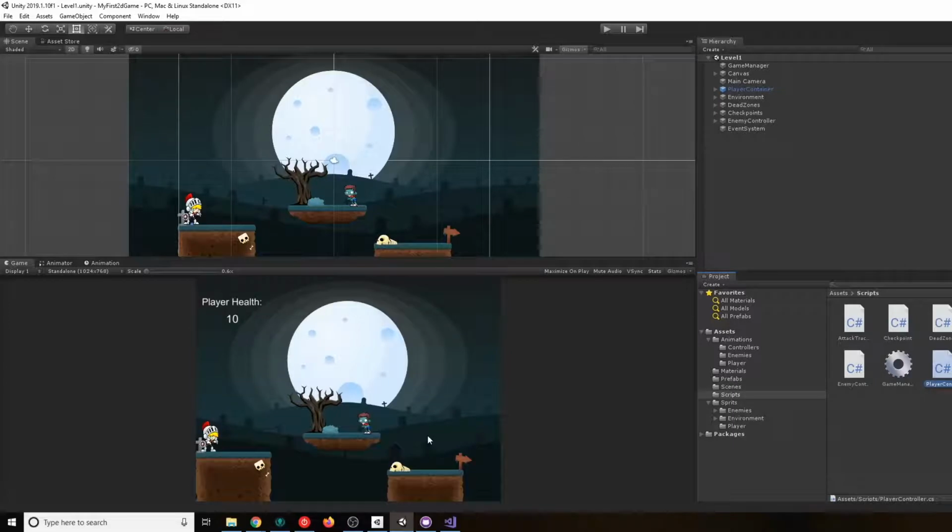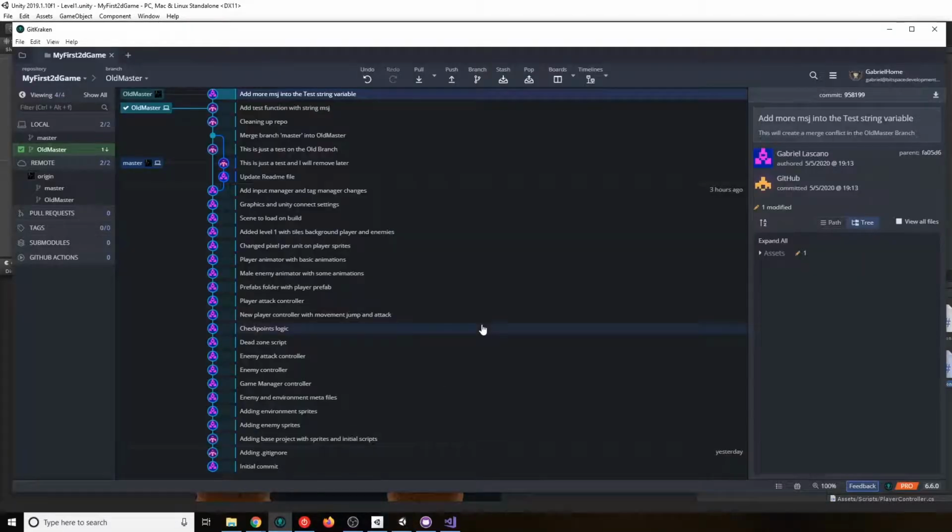I encourage you guys not to work in the same level as the other developers. It's just because levels, like the scenes, are a little bit harder to keep track of the changes. It's not impossible, but if you are a beginner and you're starting right now with your team, try to just work on different scenes so you don't have these merge conflicts that will probably screw up your scene a lot.